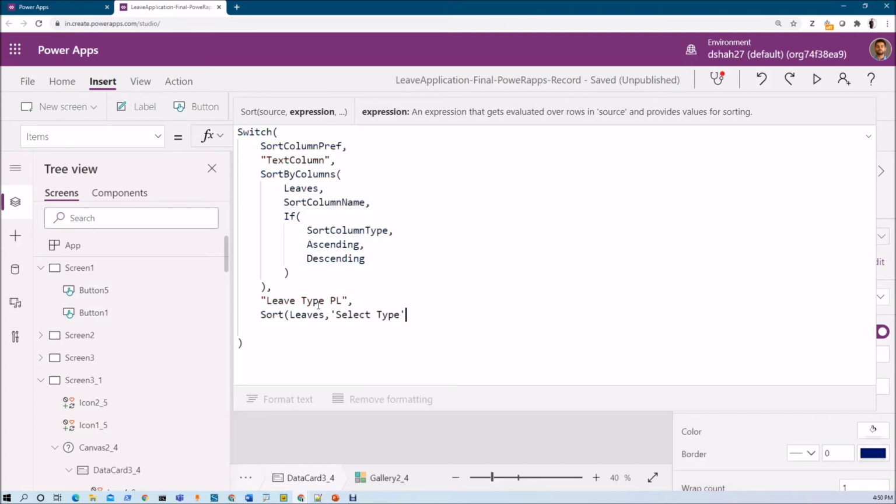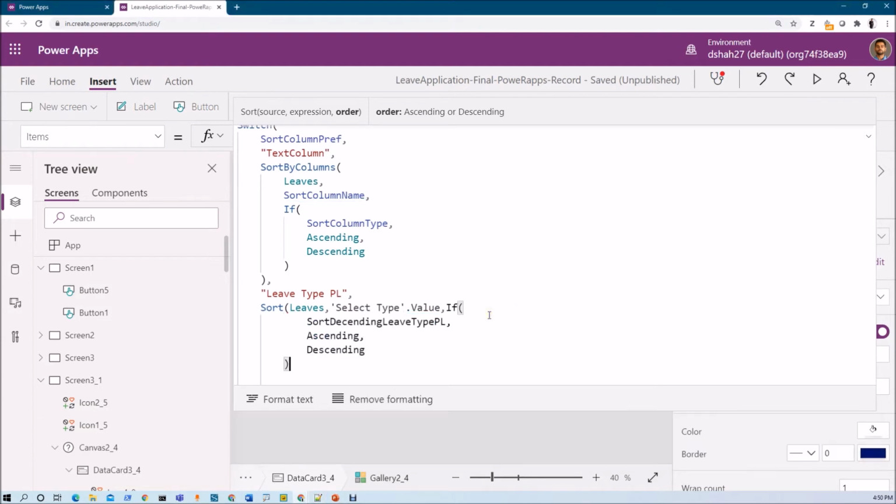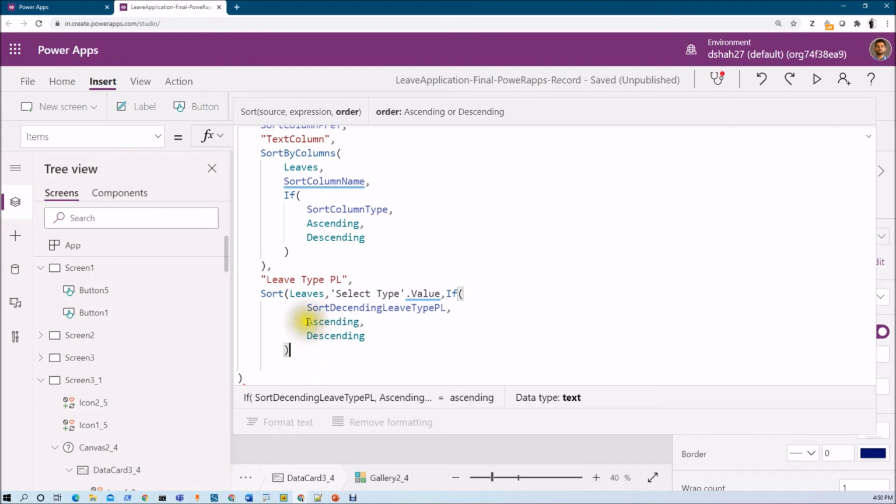So this is select type dot value because it's a choice column, and then we need to provide its order, whether ascending or descending. For that we already have managed one variable, so we are using the condition: if that variable is true then ascending, otherwise descending. So once it is clicked it is ascending, and the second time it's converted to descending, right? So we just need to use that code.